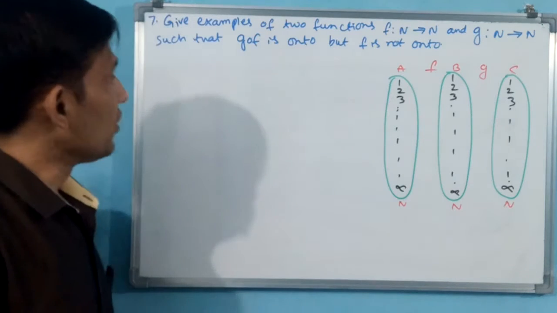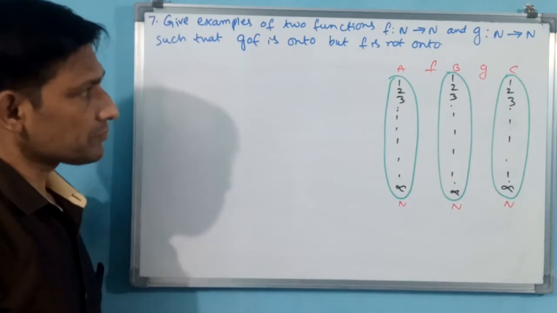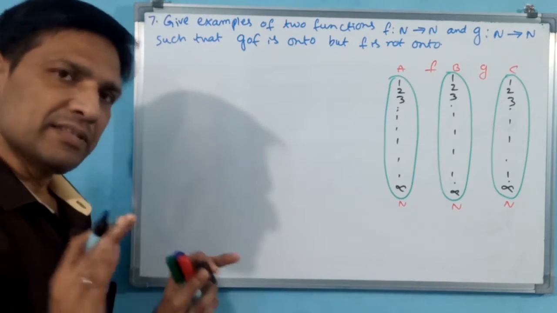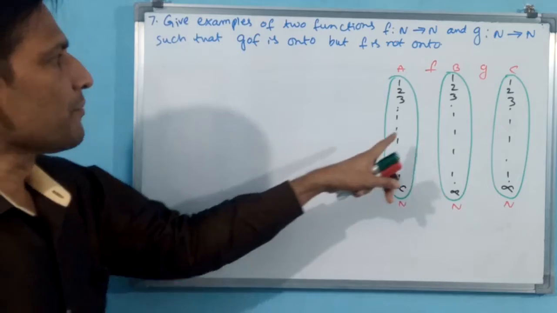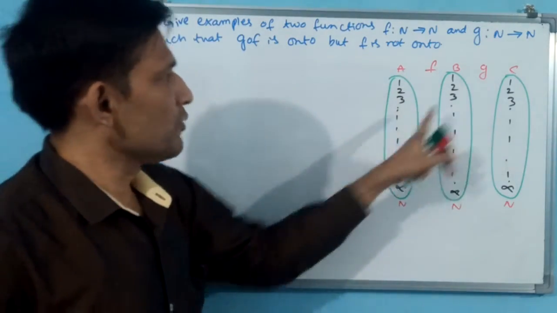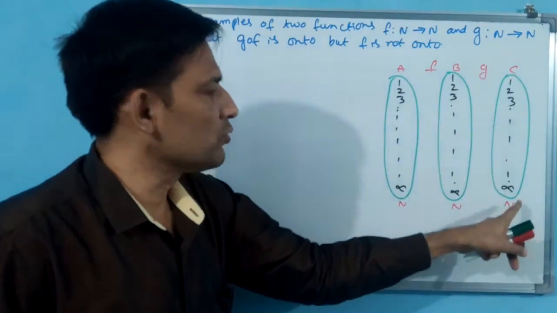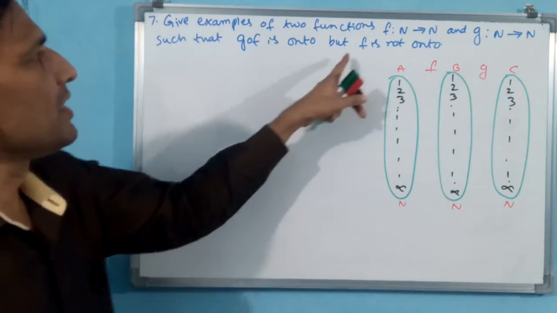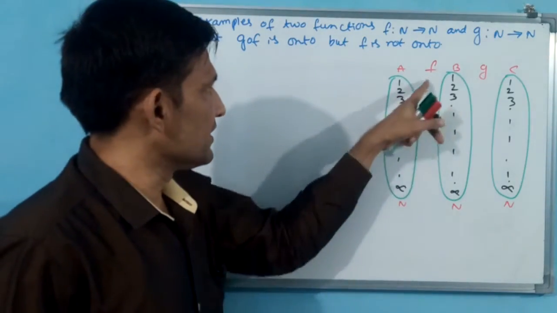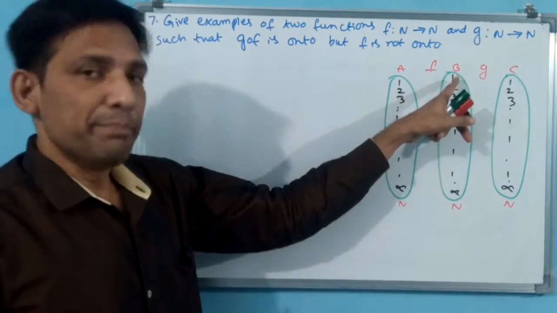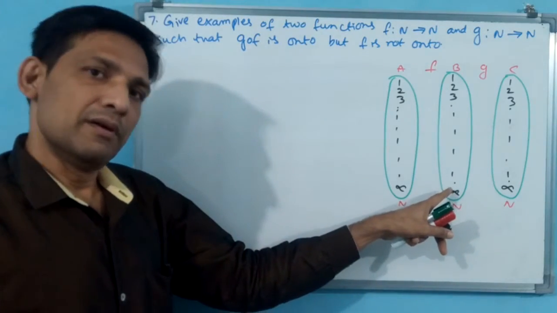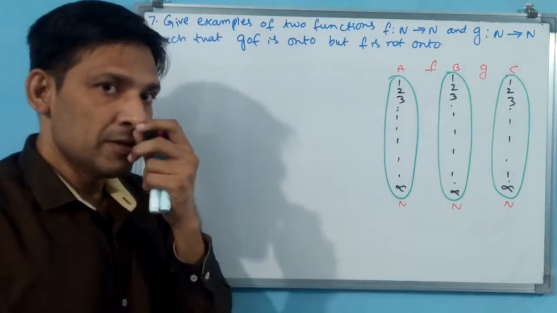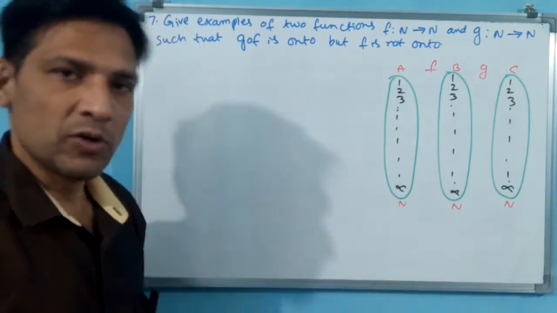Now we write here function 1 by 1. See, what he has given as a hint, that only we will take and we will prove. GOF should become onto. That means here all of C should be occupied, otherwise it is not going to become onto. You have to keep that in mind. But F is not onto. That means in B, some elements may not have a relation, so the codomain and range may become different.